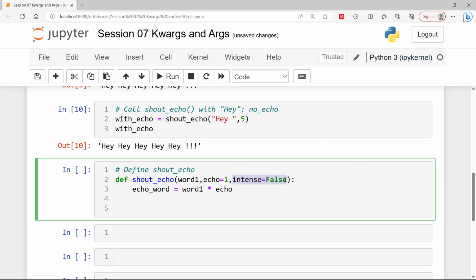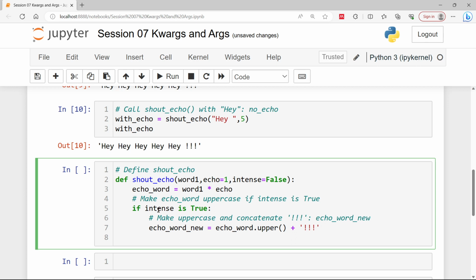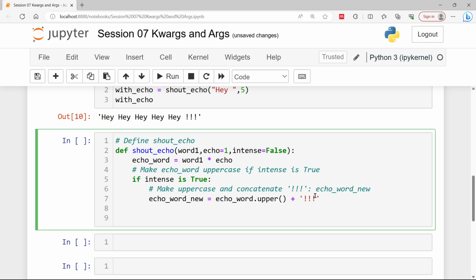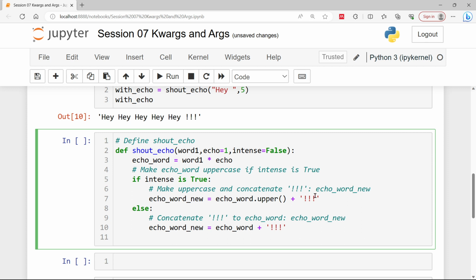Can you see this intense? By default it is false. I can make changes inside the code also. And here you can see, make echo uppercase if intense is true, right? I'll make it true if this is true. If it is not true, let me check what else I can do. Else I can go for the